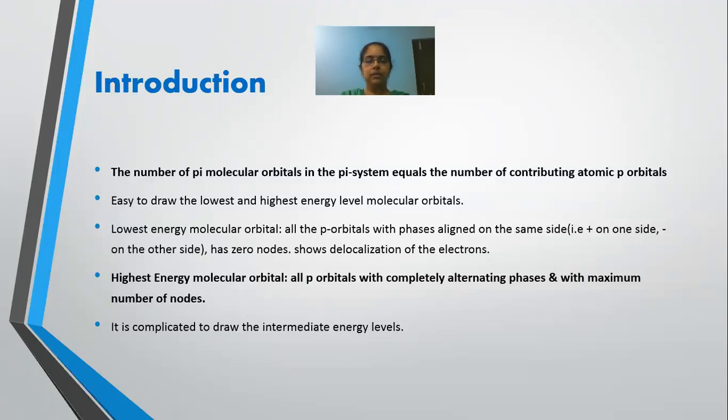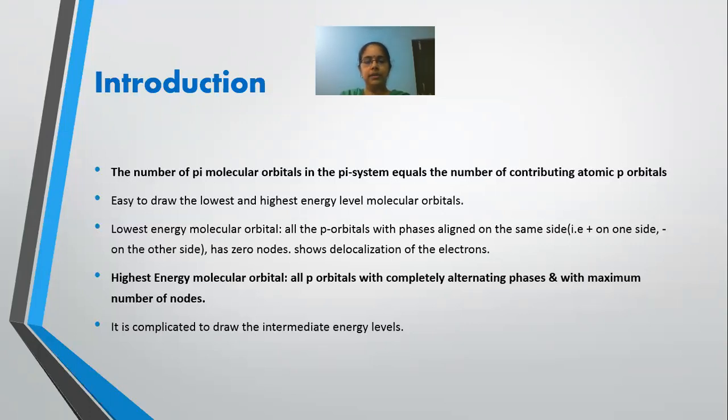We have seen in the previous lecture that in molecular orbital theory, the molecular orbital wave function is either an addition of atomic orbital wave functions or a subtraction of atomic orbital wave functions. That means molecular orbital theory is mainly based on the wave nature of the electron, consisting of a crest and a trough. Crest is represented by a positive sign, whereas trough is represented by a negative sign.